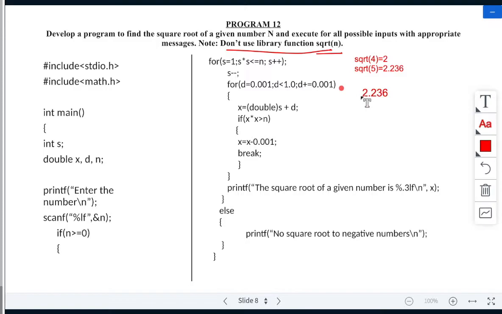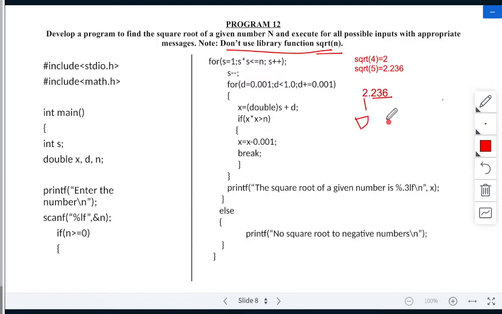This 2 is the decimal part, and this 0.236 is the fractional part.